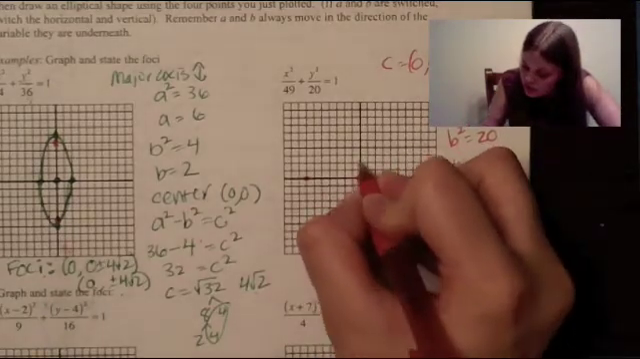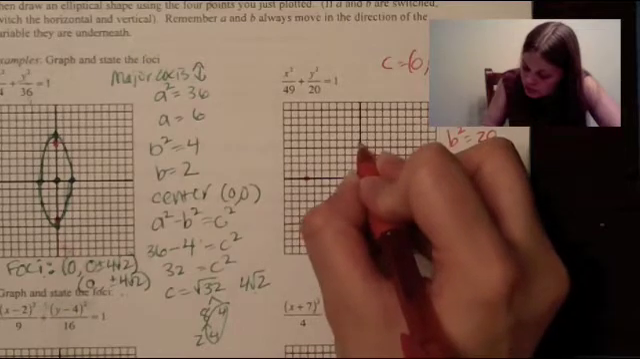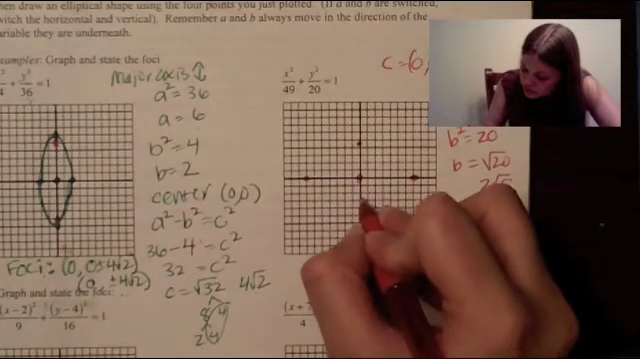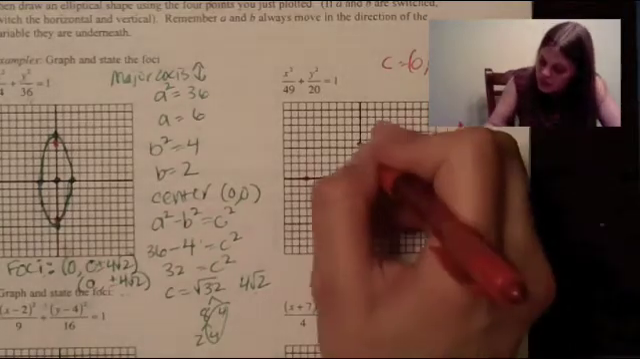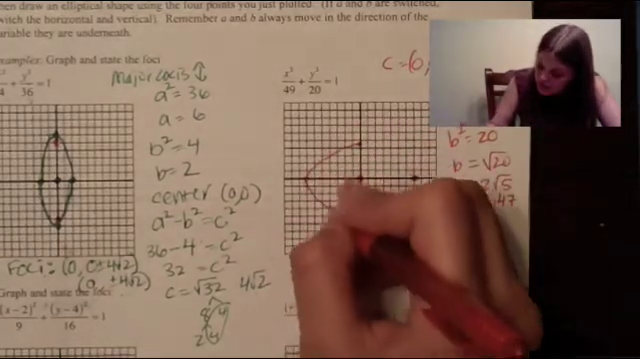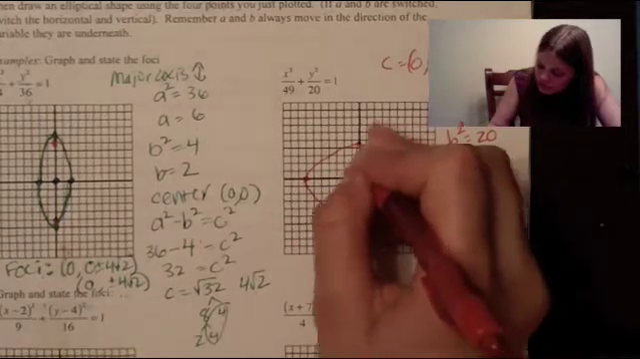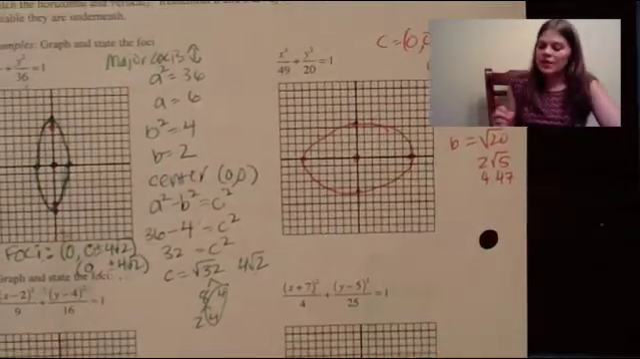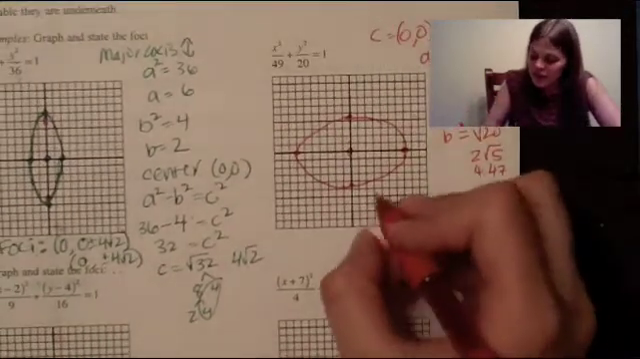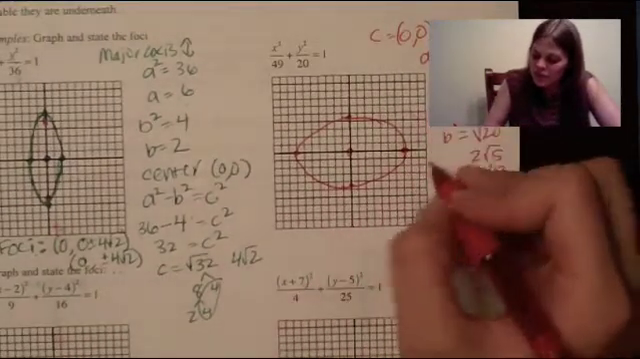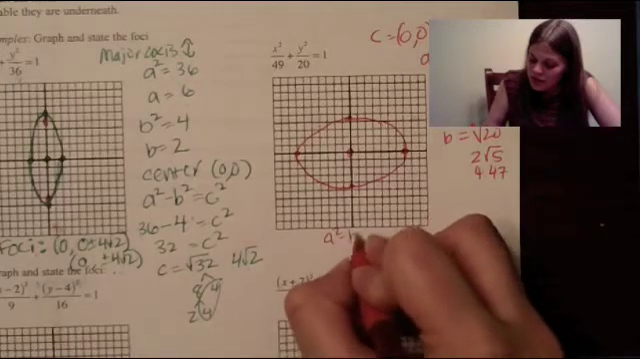So up by 1, 2, 3, 4.47. So then I create this sort of elliptical shape like that. Okay. So if I wanted to find the foci, I'm going to take a squared minus b squared equals